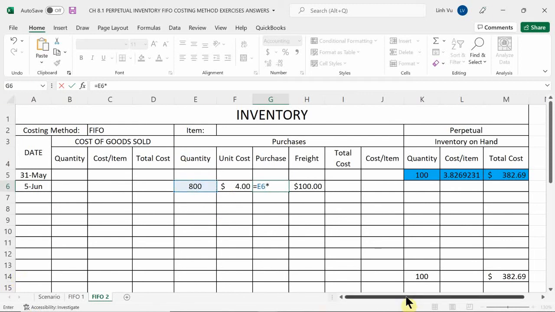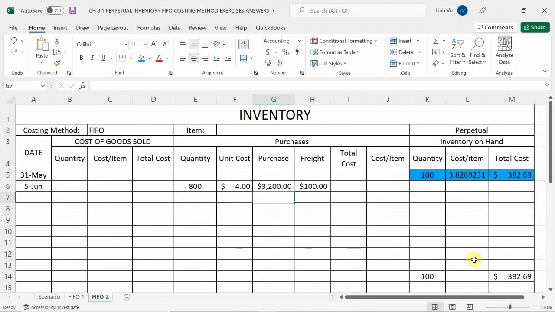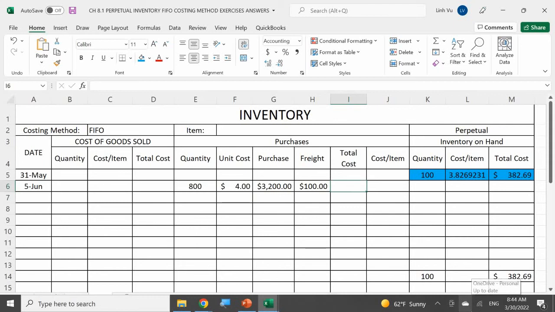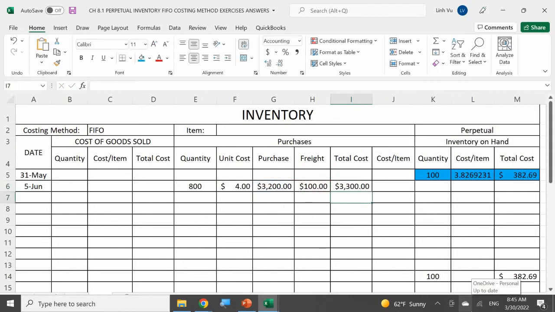I'm going to put the asterisk because that's times, and I'm going to click on 4. Okay, and then press enter to activate your formula. Okay, so then I should get 3,200. Okay, so in this case, what's my total cost? 3,300. 3,300. So that should give me a cost per item to be